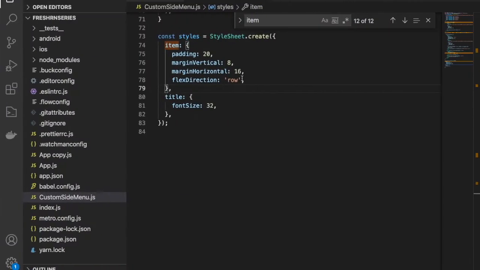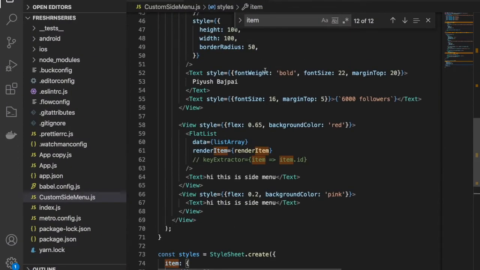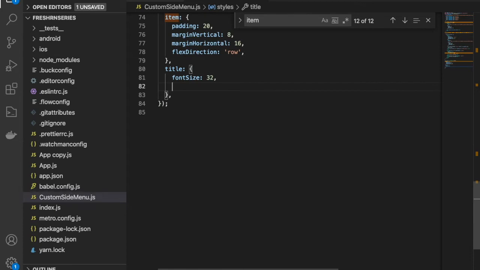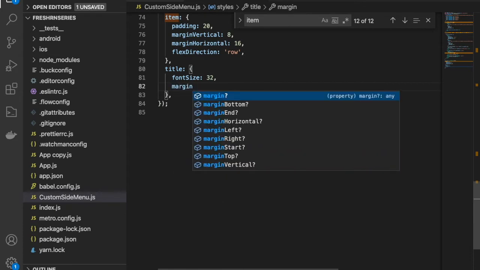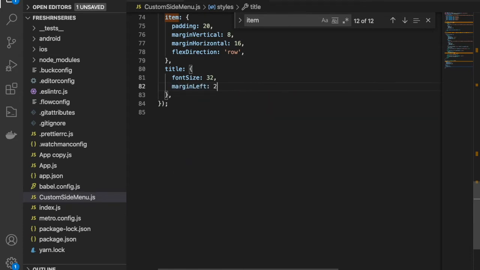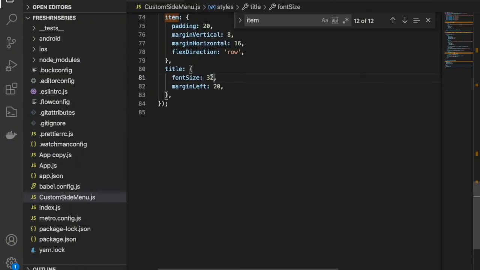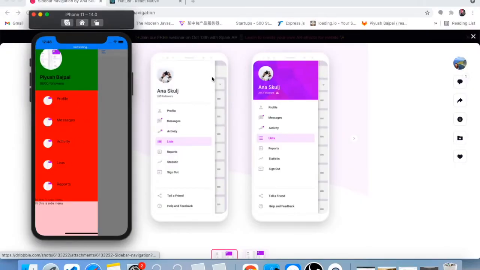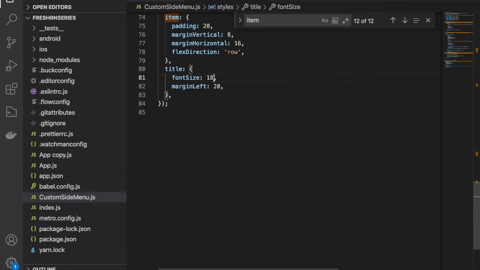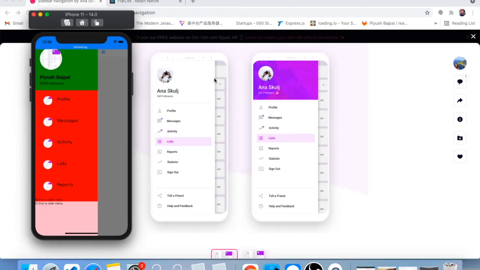So what we will do is give some margin from the left, let's say 20. This is enough space that I wanted. And I wanted to reduce the font size, let's say 18, or I wanted to give, let's say, 22. That is good.